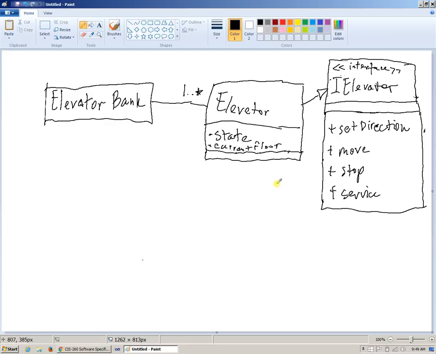So far, this really doesn't change much, right? Perhaps now what the elevator bank needs to do is, instead of storing a collection of the elevators, store a collection of the elevator interface references, but I won't change it just yet. Instead, I can create another class which is called elevator